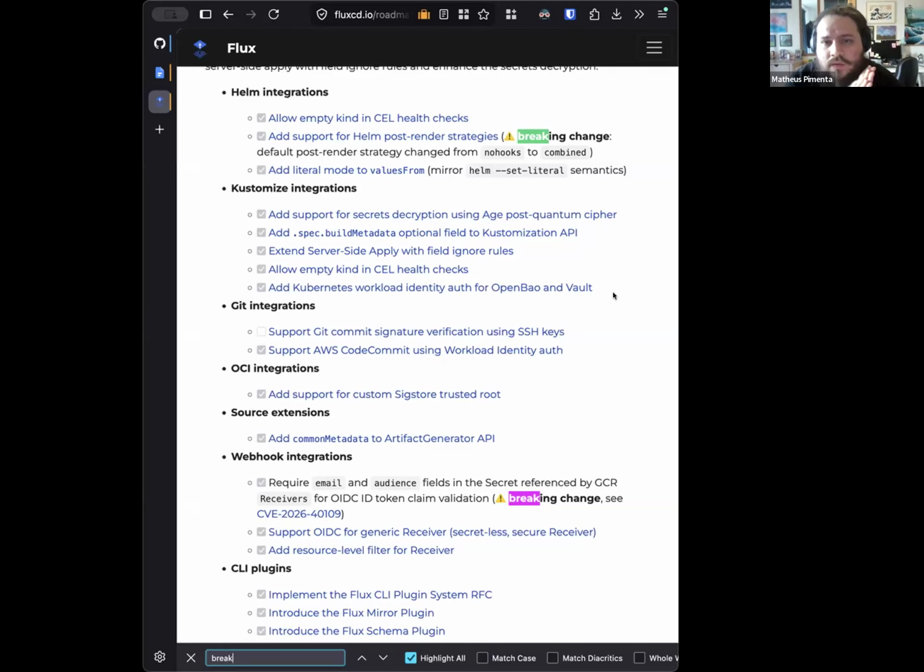So what we decided to do is that we fixed the bug in 2.8 to be exactly the same behavior as before Helm 4. But this behavior needs a field, which we are introducing in 2.9, and this field will default to what Helm 4 defaults, which is combined, as it's written there. So if you want the behavior prior to Helm 4, you need to set this field to